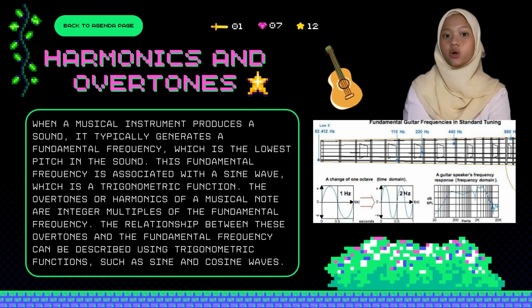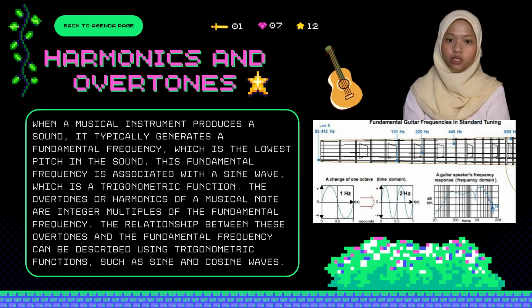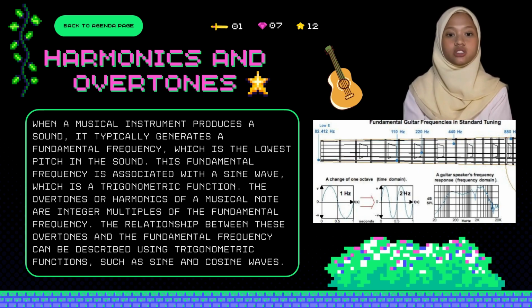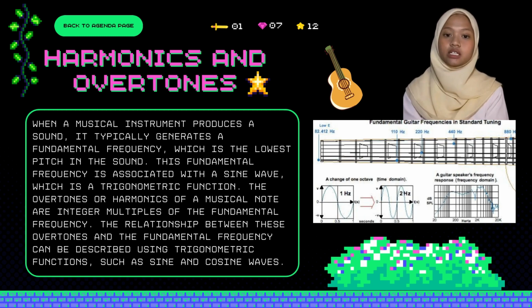Firstly, harmonics and overtones. When a musical instrument produces a sound, it typically generates a fundamental frequency, which is the lowest pitch in the sound. This fundamental frequency is associated with the sine wave, which is a trigonometric function. The overtones or harmonics of a musical note are integer multiples of the fundamental frequency. The relationship between these overtones and the fundamental frequency can be described using trigonometric functions, such as sine and cosine